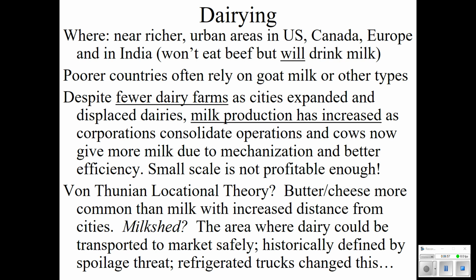The milking systems are mechanized. It's a huge business in the United States, dairy products, and not just milk, but also cheese or yogurt and butters and creams. And this is very Von Thunian because if you think about it, in the original days, milk had to be delivered fresh. Today, it's all part of a cool chain. It's all refrigerated from one end to the other. And this is why we did the little homework activity where I asked you to find out where your milk was from. And when you put in that dairy code, you can find out the geographical patterns of how we distribute dairy products across the United States.